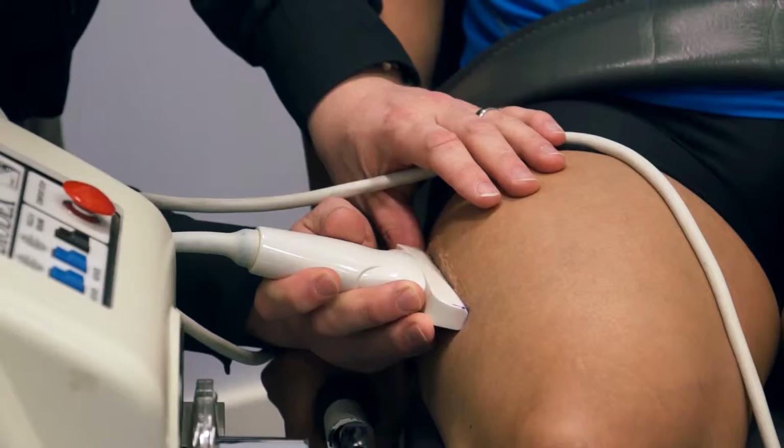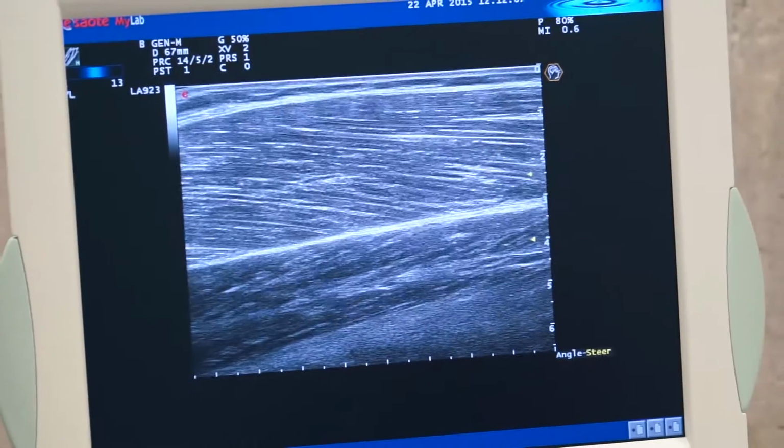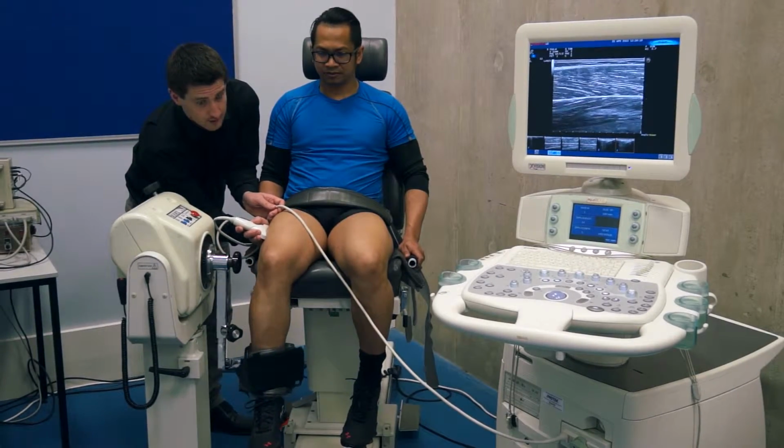To make fundamental scientific understanding of how the internal structures work for the muscle and the tendon, we need to perform scientific measurements on a piece of equipment like an isokinetic dynamometer, using techniques such as ultrasound, electromyography to look at the electrical activation patterns within the muscle, and artificial muscle stimulation to look at the strength capabilities of not only the primary muscle we're interested in, but also the antagonist muscle that can co-activate and limit the maximum strength the person has, and how then those two muscles interact about a joint to determine the strength and power a